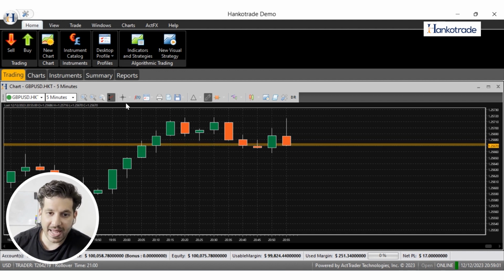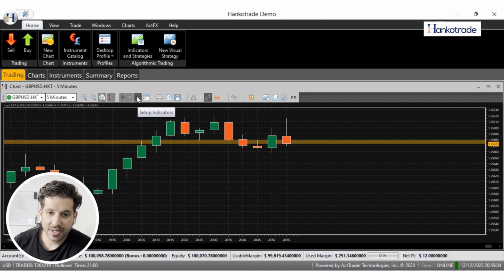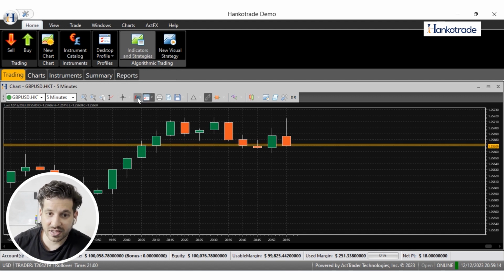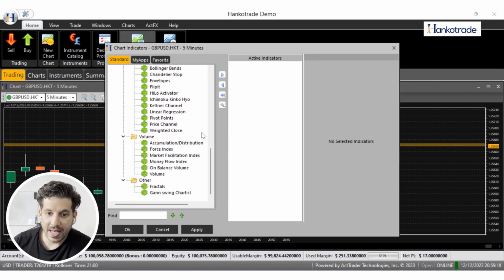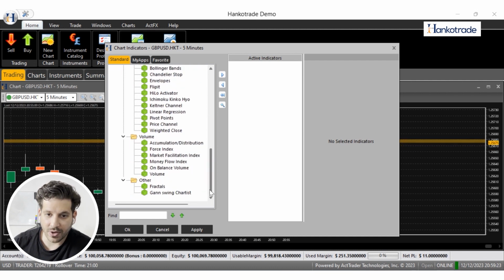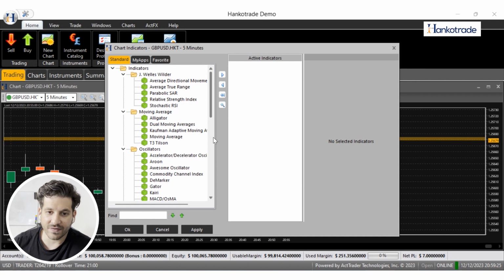Well, if you look right here, you will see a little button, and this button right here is where you can find your indicators. Okay, you could also go up here, indicators and strategies, but if we're on the chart, we can just click this and we have all the different indicators that are available. Okay, so we wanted a moving average, so we find the moving average, click on it, click the little right arrow,